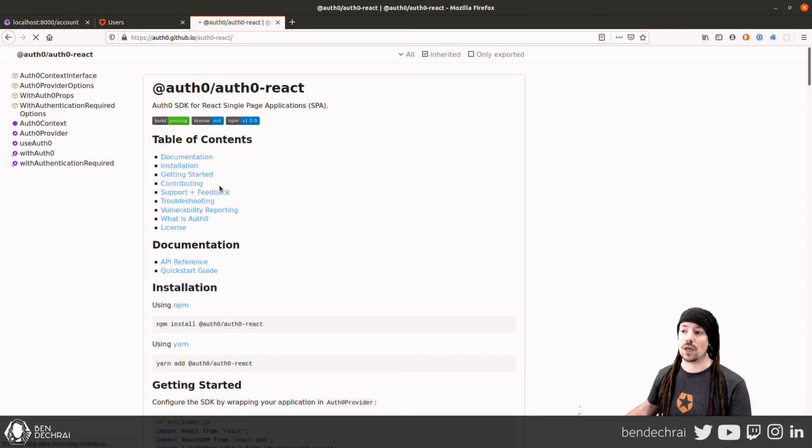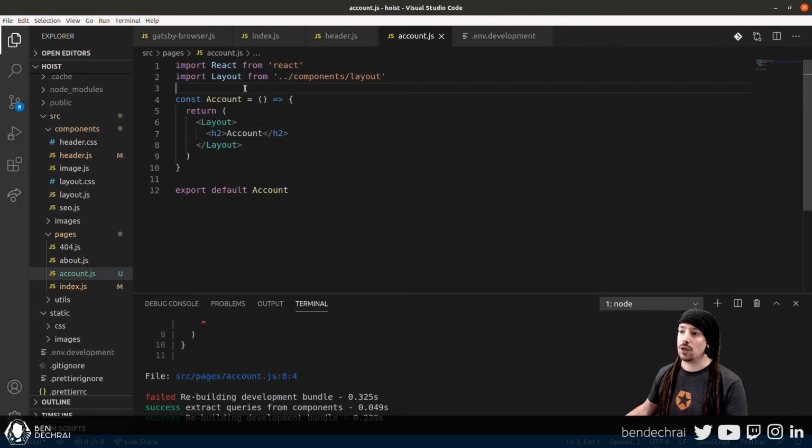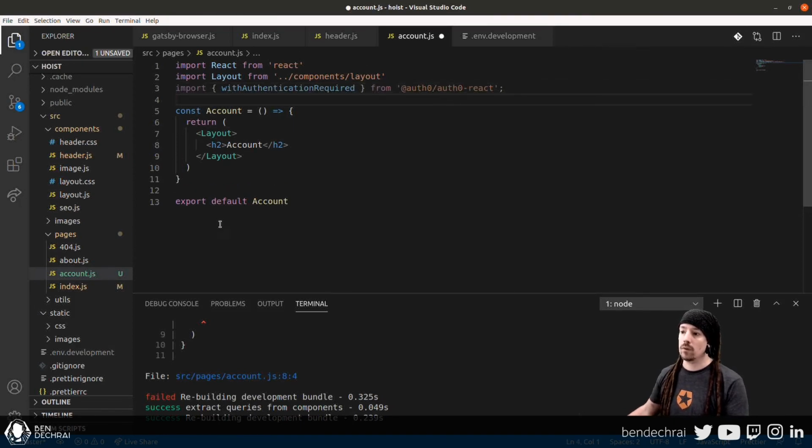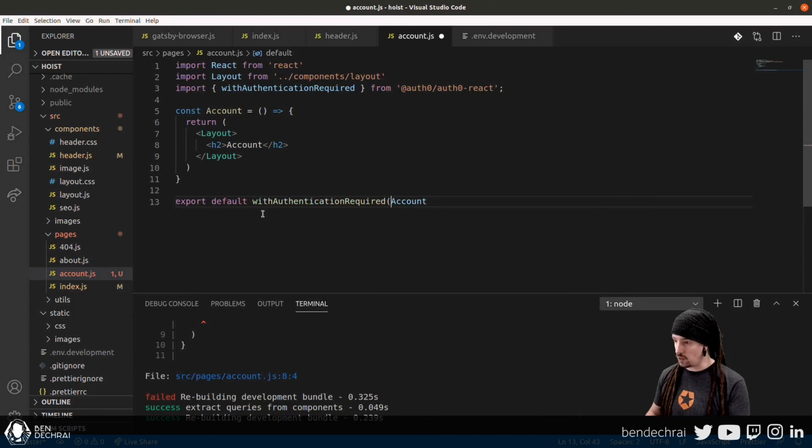This is the fuller documentation that gives us more information about the useAuth0 hook as well. But if we search this page for Gatsby, we can see that down here under this information about protecting a root, there is a method that we can pull in from the Auth0 React library called withAuthenticationRequired. So if we grab this, in the account page, we add that in here, we can then simply wrap the account block here with the withAuthenticationRequired,